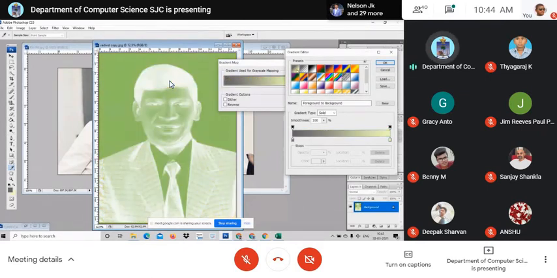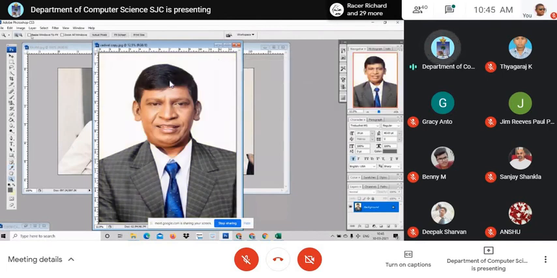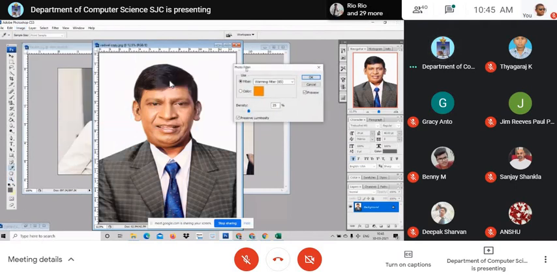You can adjust it and see. Look at it. Clear. This is gradient map. Based on the colors, you will be able to get that image. And photo filter. I just click over here. See, I choose the color. For example, I choose this color. Just select it here.